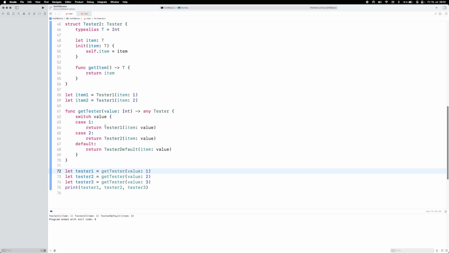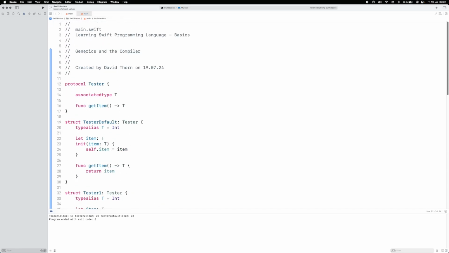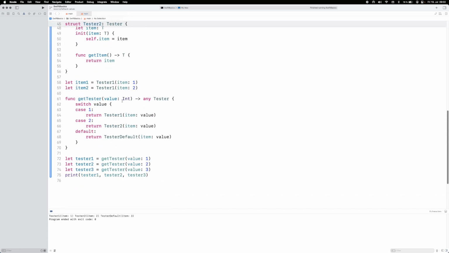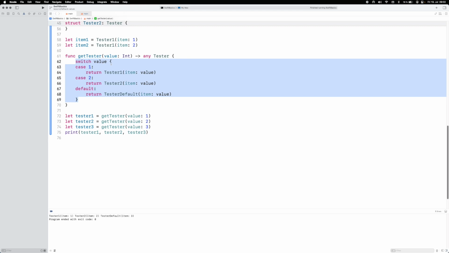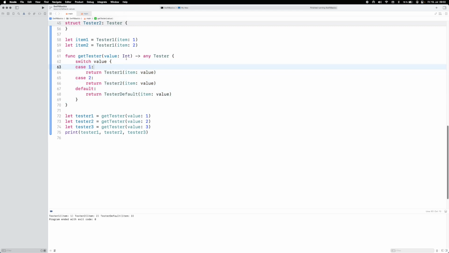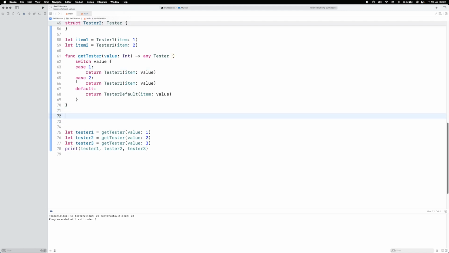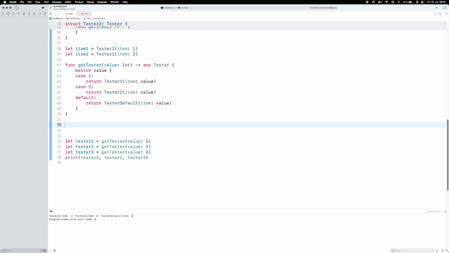And this is why it's really important to understand when the compiler is working for you. Now, obviously, the compiler has compiled this get tester code, but there's a lot more business logic it's got to do in here. Because if it does get 1 or 2 or 3, you could simply convert this to 3 different functions, right? You could convert it to get tester1, get tester2, and get tester default. This would be far more optimizable for the compile time, because this has got to happen at runtime because you've got any. And if you said get tester1,